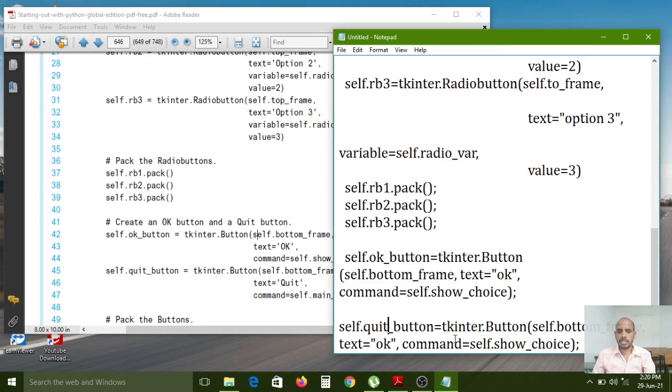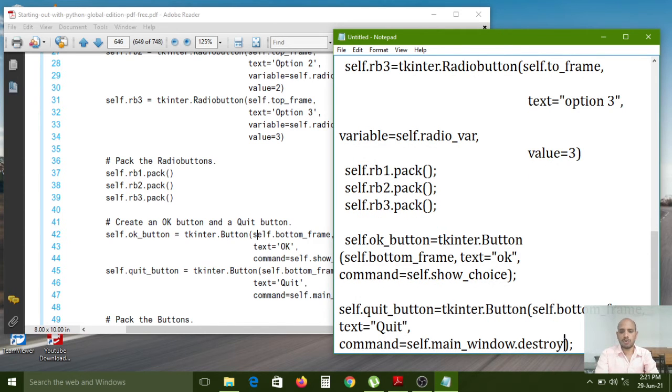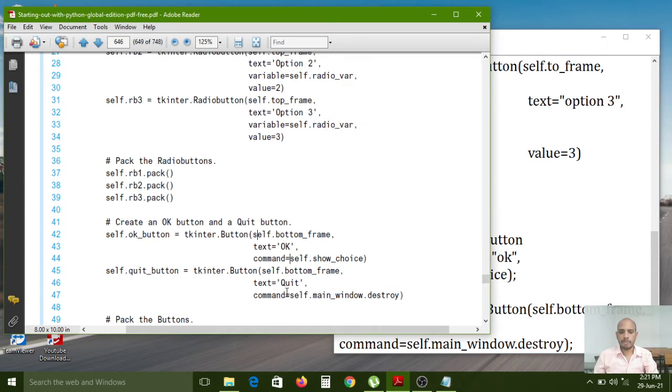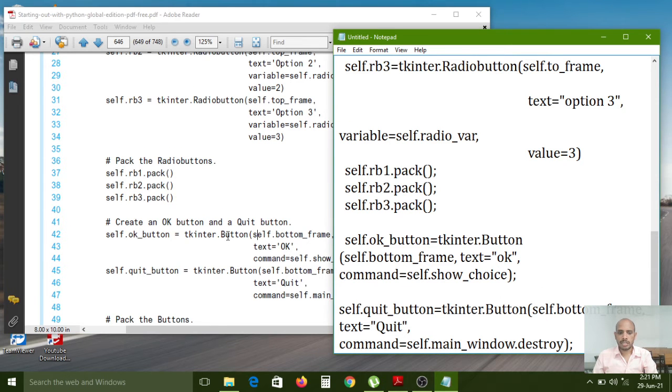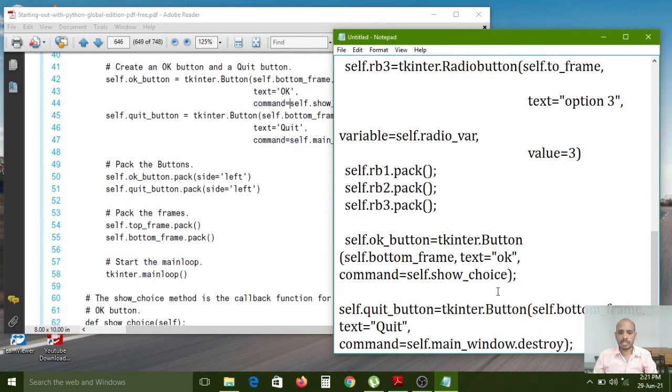Same syntax, but instead of the plain OK text you need to pass the quit text. For the command, self.main_window.destroy, because for the closing purpose we have to use the destroy method.